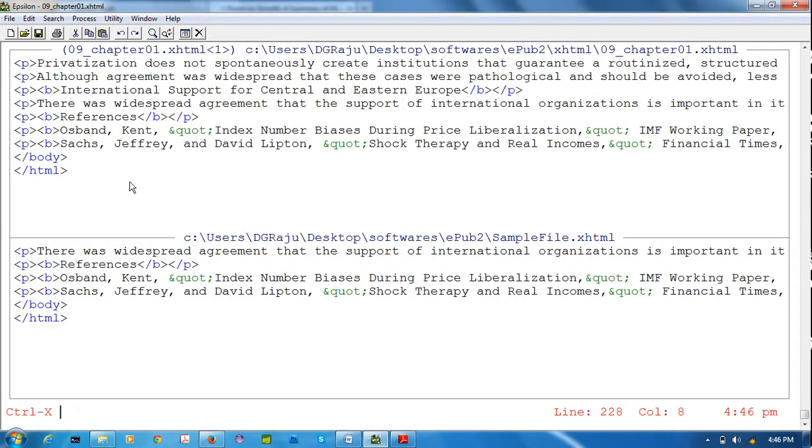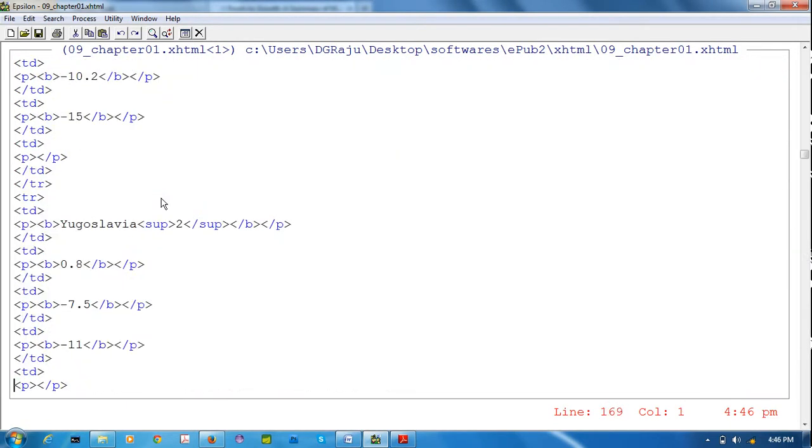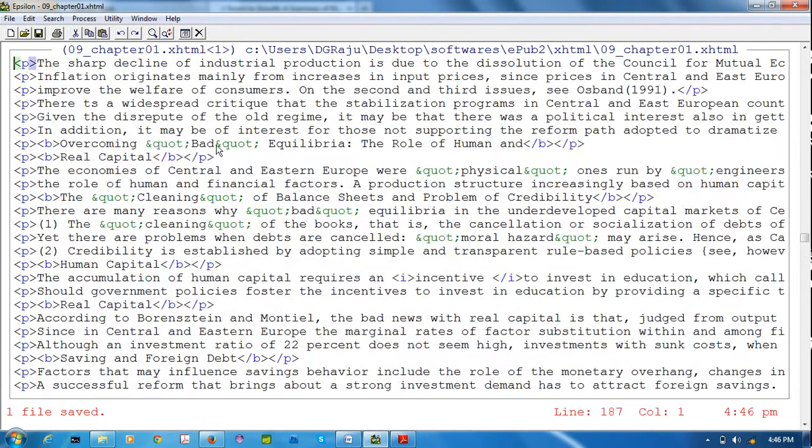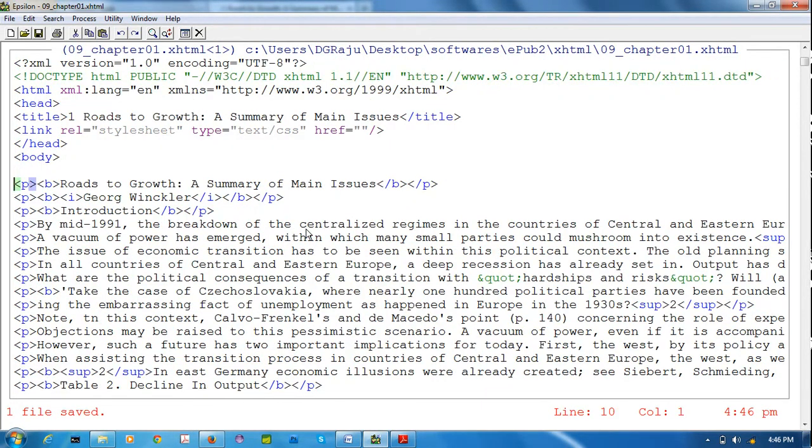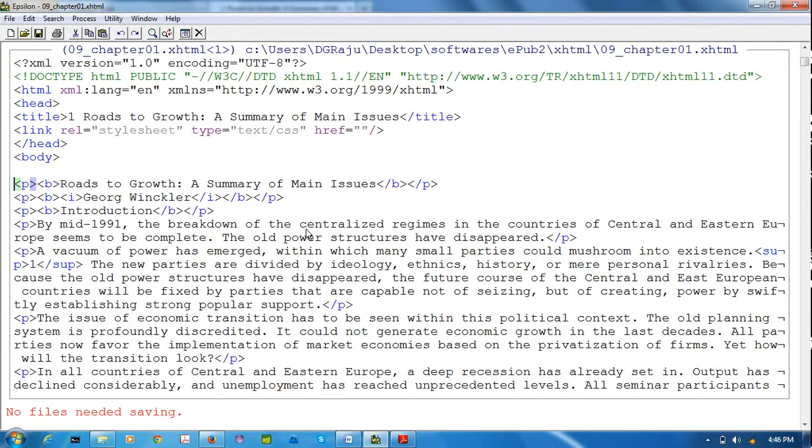So Control X 1, and it has some character entities. Now we will search in regular expression. If you want to search character entities, use Control S, Control T. Control S means incremental search. Whenever I use Control T, it shows RE, regular expression search. Ampersand means it contains one ampersand.